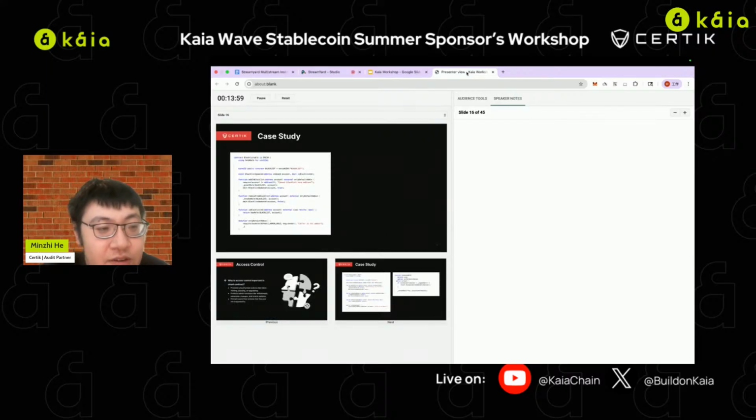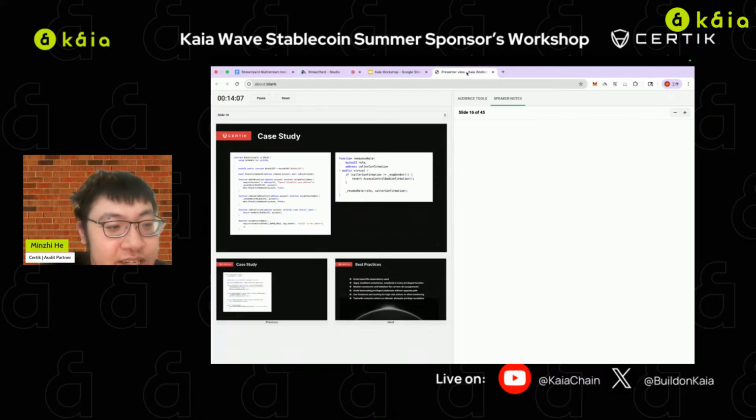So let's take a look at this code snippet. This is one of the codes we received during an audit. The project team is trying to implement the blacklist functionality using the AccessControl OpenZeppelin library. They implement the addToBlacklist and removeFromBlacklist functions. And the issue here is the